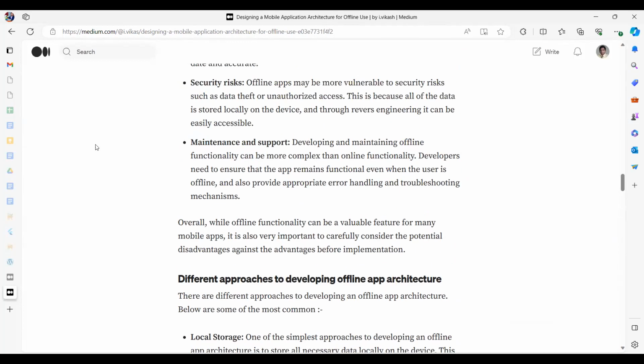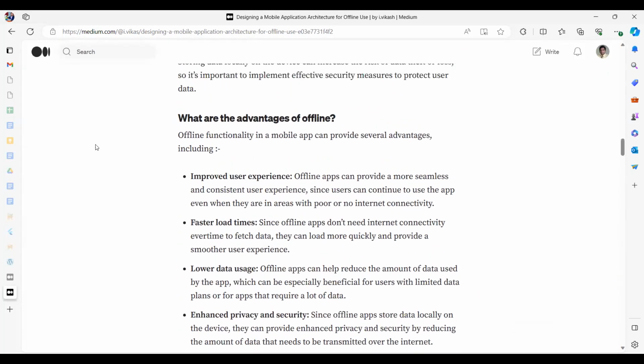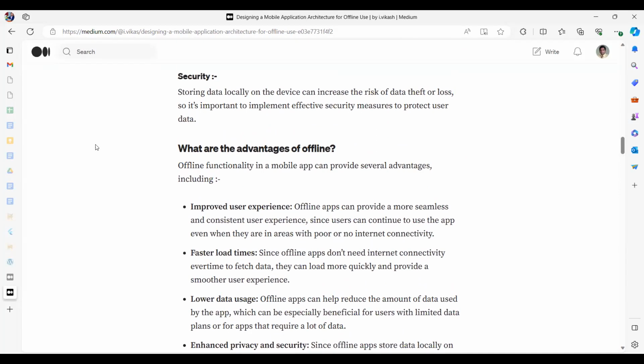Right? So when you are designing our app, we will also get into some of these things. So for example, you are using your to-do list and you are offline, we want to add a new to-do to the system. So you should be able to add that. And later when you are online, it should be synchronizing that back with the server, right? Google does that already. Google To-Do List does it already. If you use Google Keep, another note-taking app, that also does very well. So you can use the app without the internet, and when you are on the internet, it will automatically synchronize your app with the cloud version or the web version.